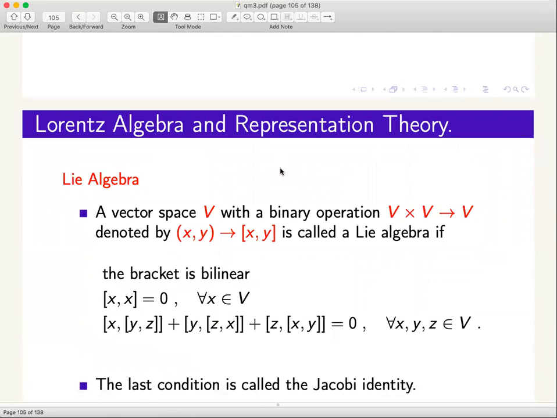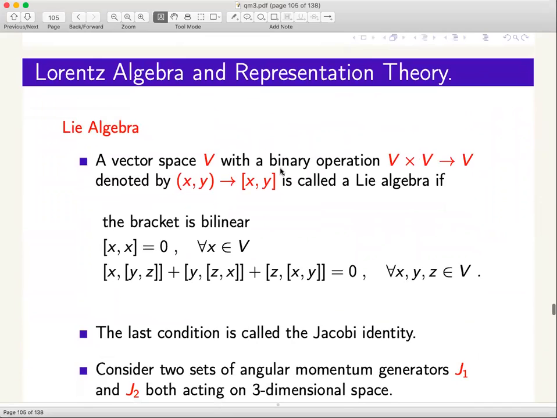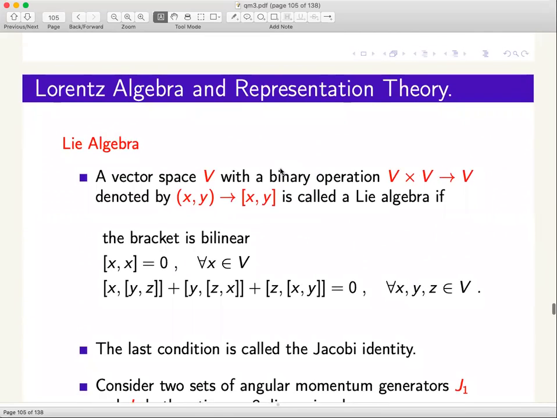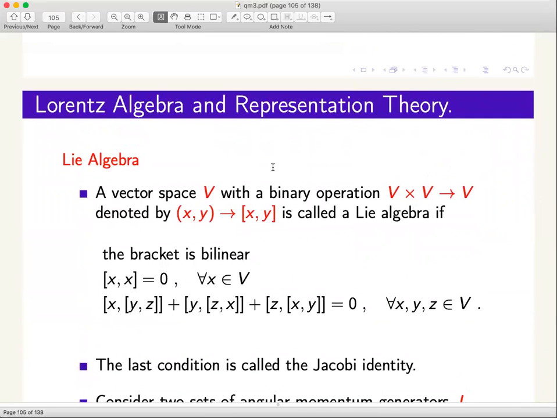I'm still confused. What is this notation, x comma y bracket going to commutator bracket? Binary operation means you take one element from here and one element from there, x and y, and the binary operation gives you a new element in V itself. That new element is the Lie bracket. It's not the commutator bracket, right? It's not xy minus yx or something.